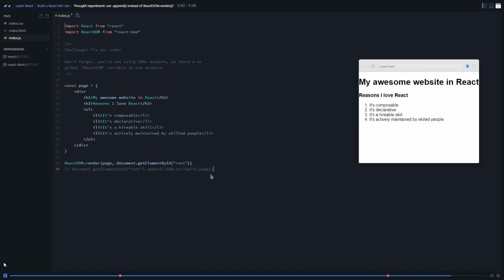Awesome. So simply put, React DOM's job, or the ReactDOM.render method's job, is to take React elements and interpret them in a way that turns them into real DOM elements that the browser